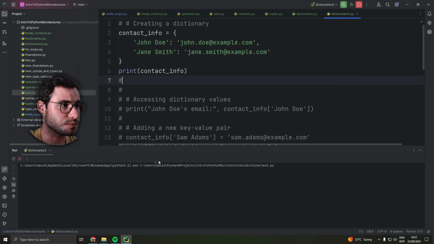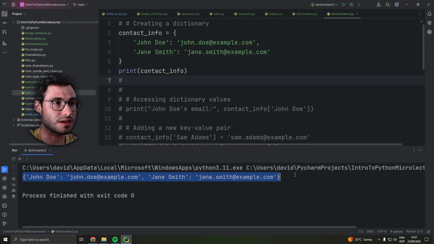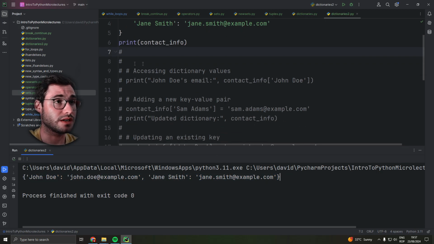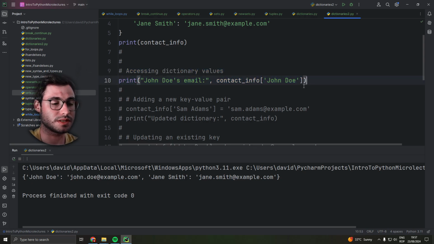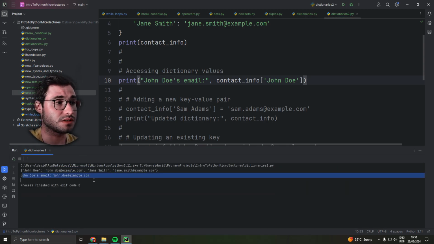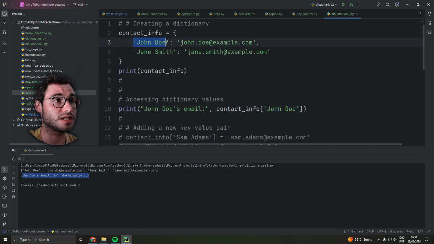Let's run this. So in this case, we can see the dictionary syntax: john.doe@example.com, jane.smith@example.com. Once again, in this case, to access something, we can use the same syntax as the list, but we use the key instead. So in this case, John Doe's email will be printed because we write the name of the dictionary, then we write the name of the key. Be careful that in this case the key is a string. It must be a string in here as well. If this were to be a number, it wouldn't need the